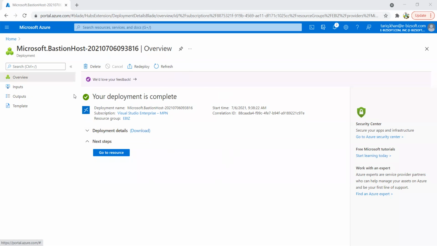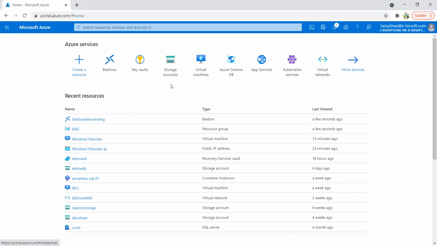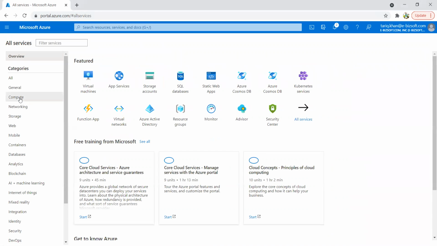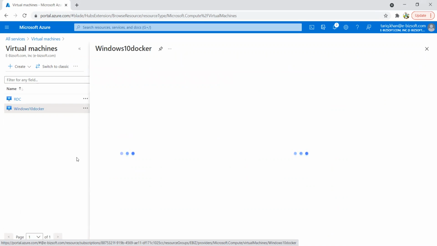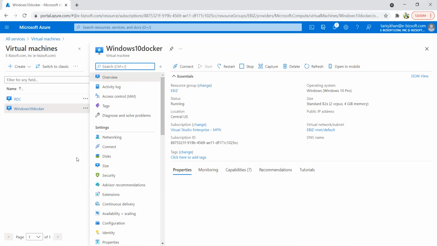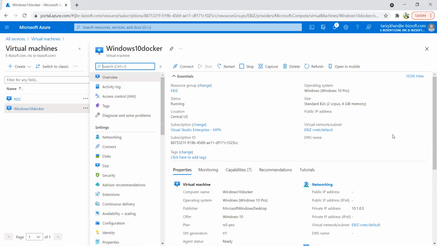So let's move on and get a remote desktop session with the virtual machine. I'm going to the compute section where I use virtual machines, and here you can see I have a number of virtual machines. I click on the virtual machine for which I'm going to check Azure Bastion, and here you can see I have the connect option.